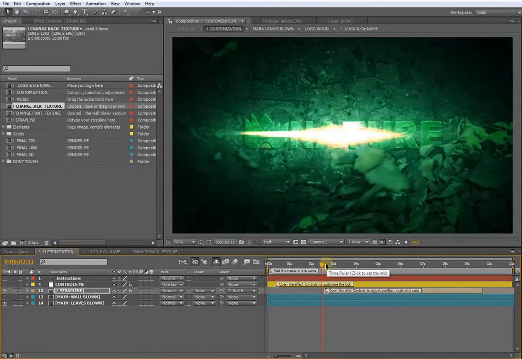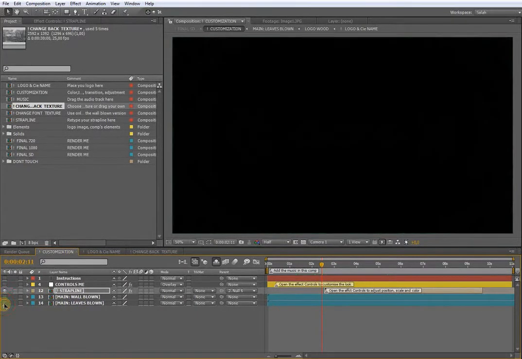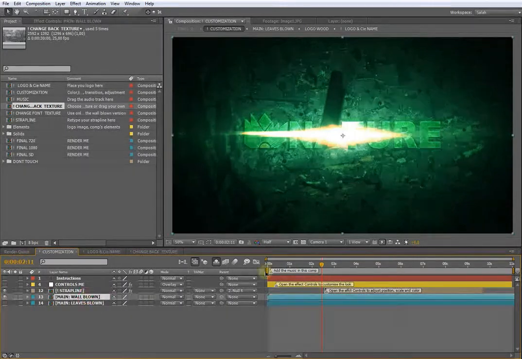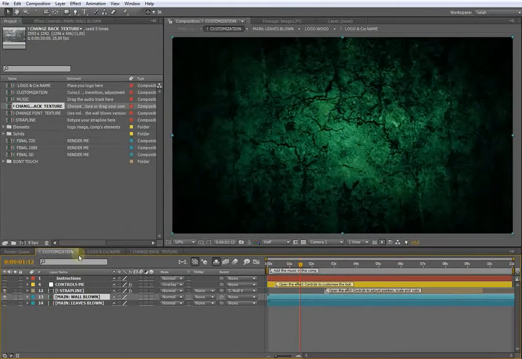But maybe you want something else. So if you do not want to use these leaves, you can just hide this layer and make visible the wall blown layer, and you will see that the front texture has changed. Now we have a wall that, as in the video preview, you can see the wall